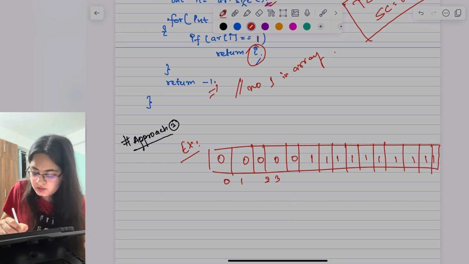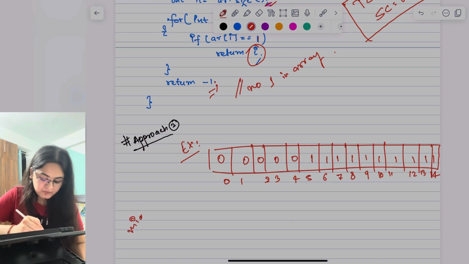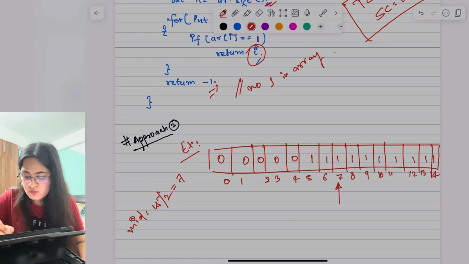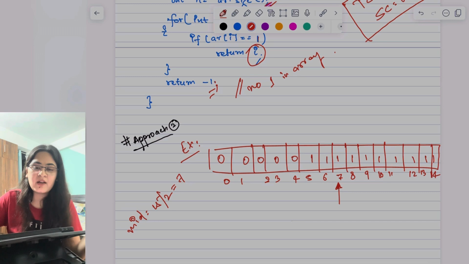0 1 2 3 4 5 6 7 8 9 10 11 12 13 14. So this is an array of 15 elements. So what is the mid? Mid is 15 by 2, which is 7. So what I would simply do, I will check the mid of that array and